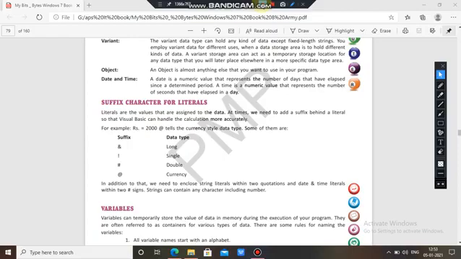In Hindi we call them उपसर्ग and प्रत्यय, we have studied them, right, first we study उपसर्ग then प्रत्यय, in Hindi. So likewise, literals are the values that are assigned to the data, and at times we need to add a suffix behind a literal so that Visual Basic can handle the calculation more accurately.